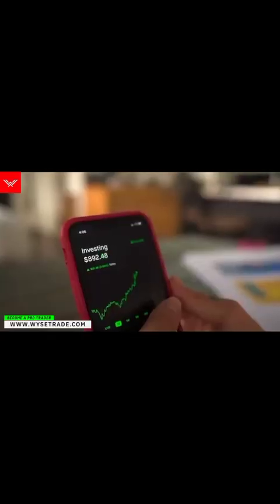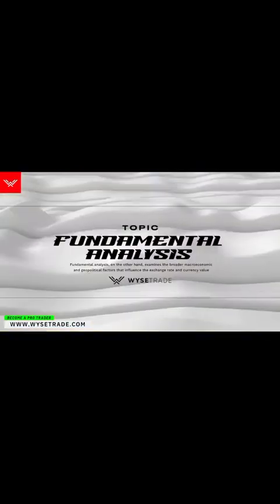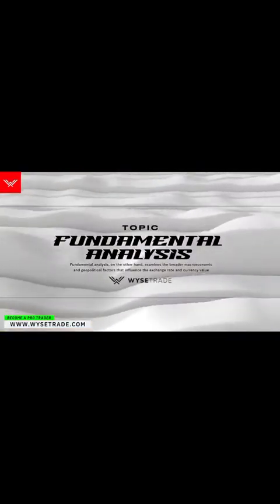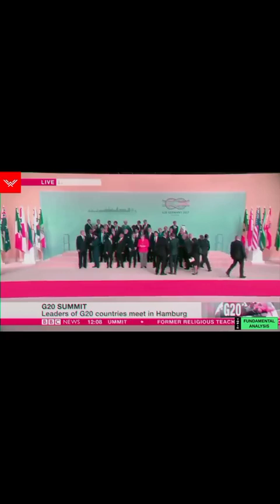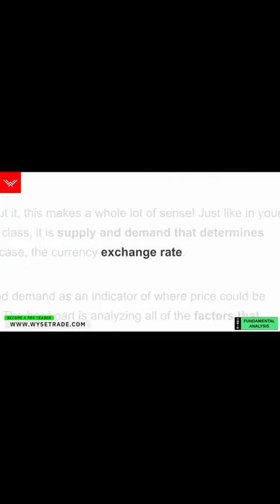Now, another method people use to trade the Forex market is fundamental analysis. Fundamental analysis examines the broader macroeconomic and geopolitical factors that influence the exchange rate and currency value. Picture fundamental